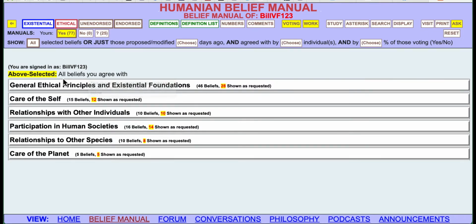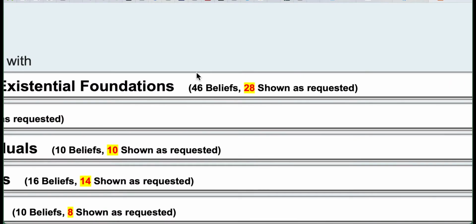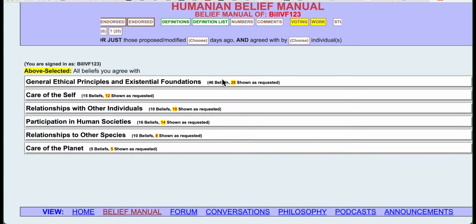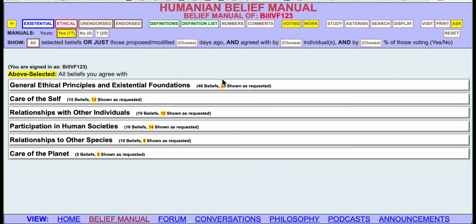Notice that currently what's being displayed is all beliefs that I agree with, which is what I've got clicked and turned on. And so if we look at the outline headings, it shows that there are 46 beliefs altogether, but only 28 are shown as requested. Okay,